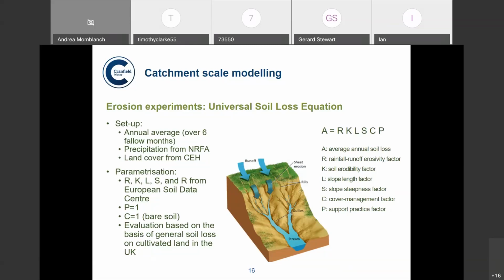January. And because we didn't have soil sediment flow data or suspended sediment data in the outlets of the catchment, we evaluated the results of the model based on general literature data for soil loss in cultivated land in the UK in